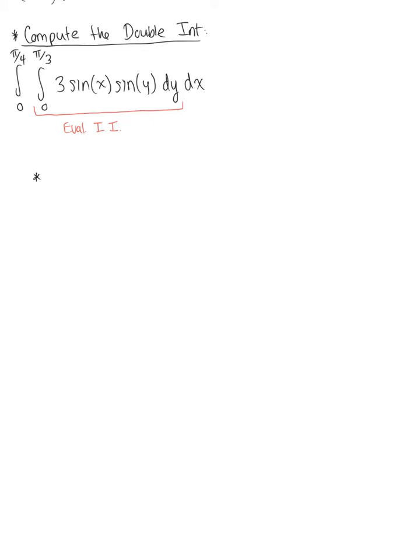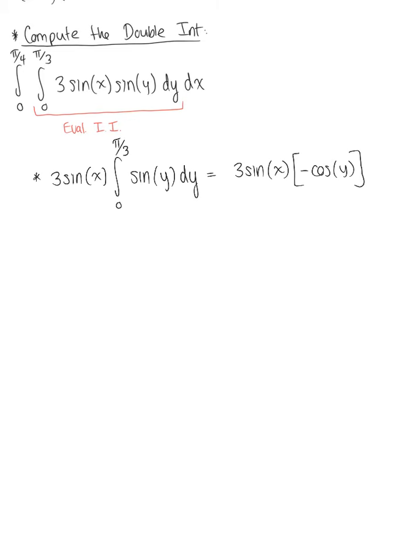All right, so we're taking that out. And because we're integrating with respect to y, I'm going to pull 3 sine of x onto the outside here. And it's multiplied by the integral from 0 to pi by 3 of sine of y dy. And we're ready to integrate, so this becomes 3 multiplied by sine of x, and sine of y integrates to minus cosine of y. And we're ready to evaluate from 0 to pi by 3. So I have minus 3 times sine of x